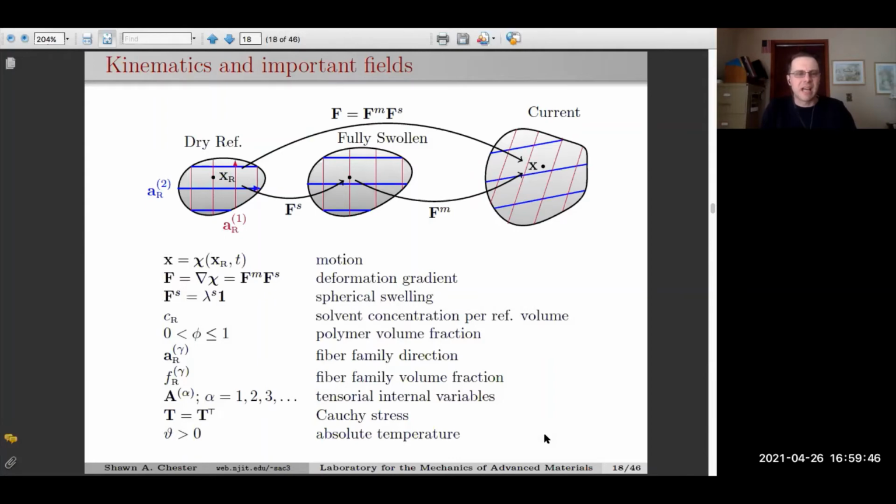And it's a busy slide. It's probably not the easiest to follow. So let me walk through it here. So the kinematics and important fields. So we've got three configurations that matter to us. The dry reference configuration all the way on the left here. Then all the way on the right is the deformed or the current configuration, and that's a product of swelling